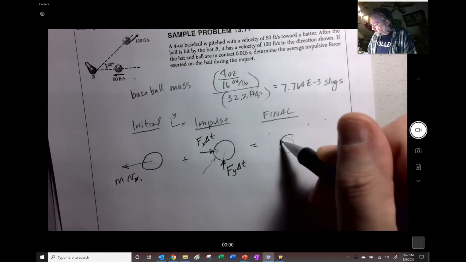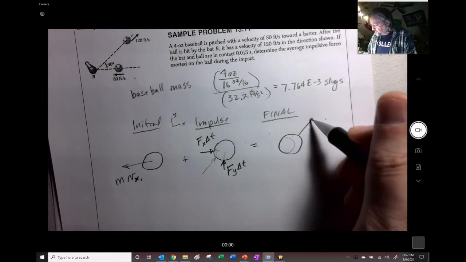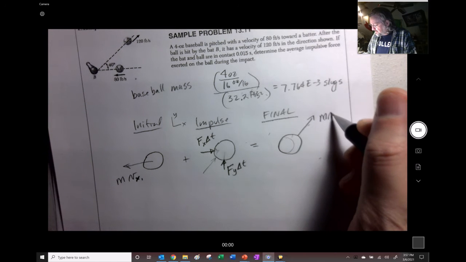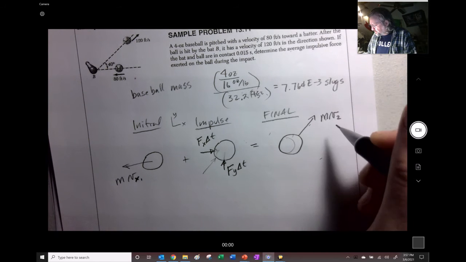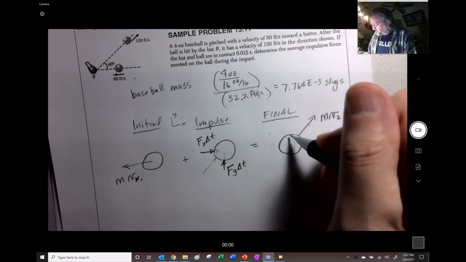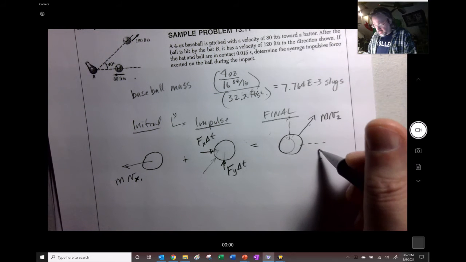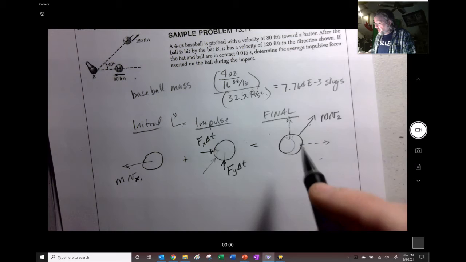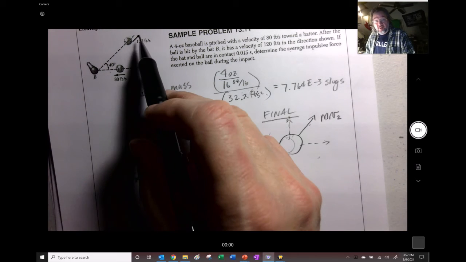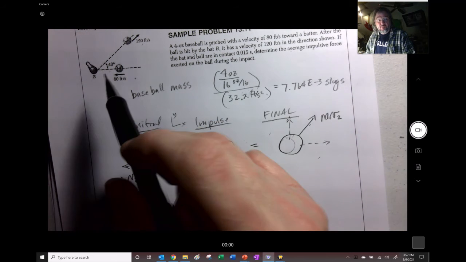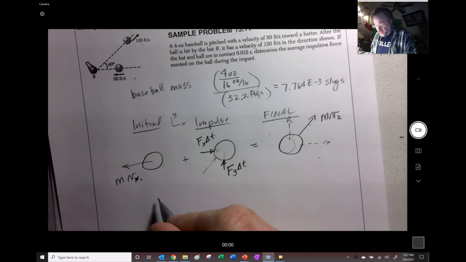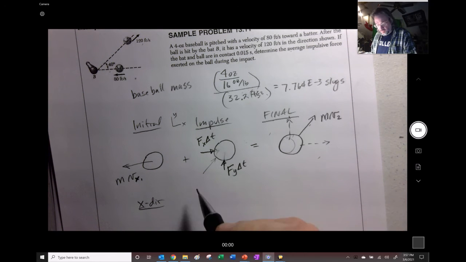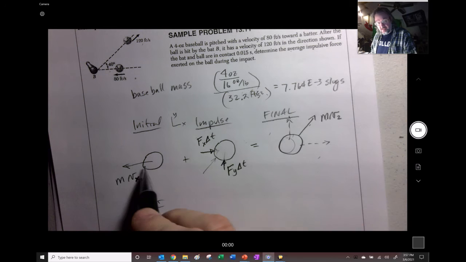We're going to get mass times velocity 2 right here, in this direction. We know that's 40 degrees, and we know this. Okay, so we're golden. So we write out in the x direction,